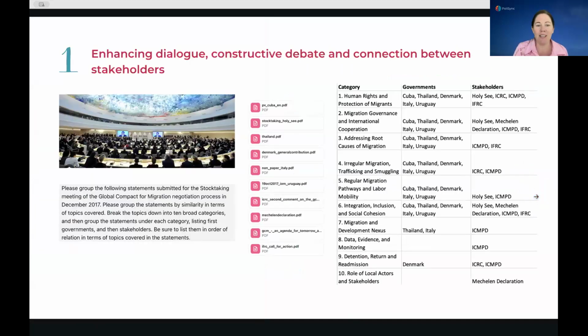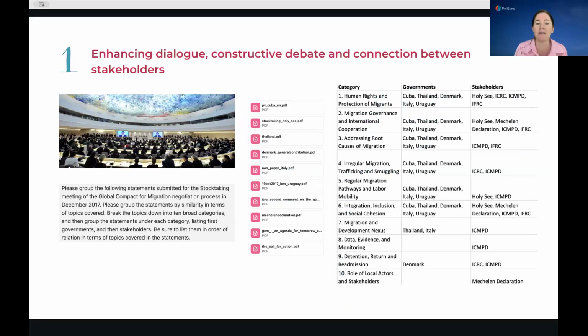So very briefly, using those same statements that I uploaded to Copilot and ChatGPT, I asked it to group the statements that I submitted, that were all available online, by topic, and then to put the governments first, followed by the stakeholders. And the idea would be that in these massive international negotiation settings, you can have, for example, at the UN, 193 governments, as well as all of the other UN agencies, as well as stakeholders,